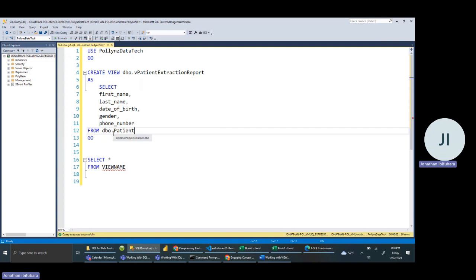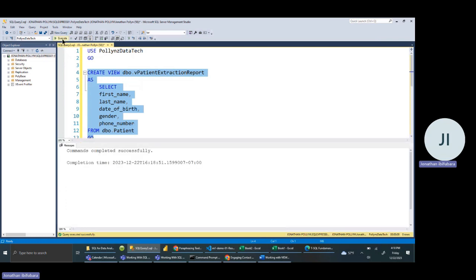Now, when I paste this code, I can run this query to create this view called vPatientExtractionReport. At this point, I execute the view. When I execute this view, for me to physically see where this view is stored, remember, you can find where tables are in SQL by going to database,